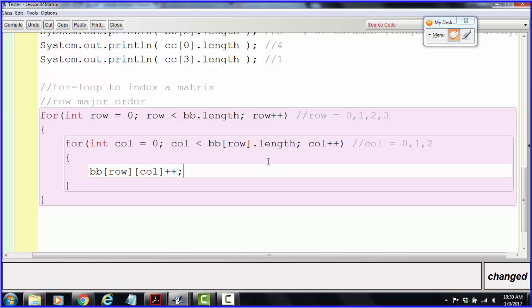And then this loop would move across every single value and make it one larger than it currently is. I could also just go through and say make every value 168, and then every value would become 168. Okay? Or let's say we wanted to print this